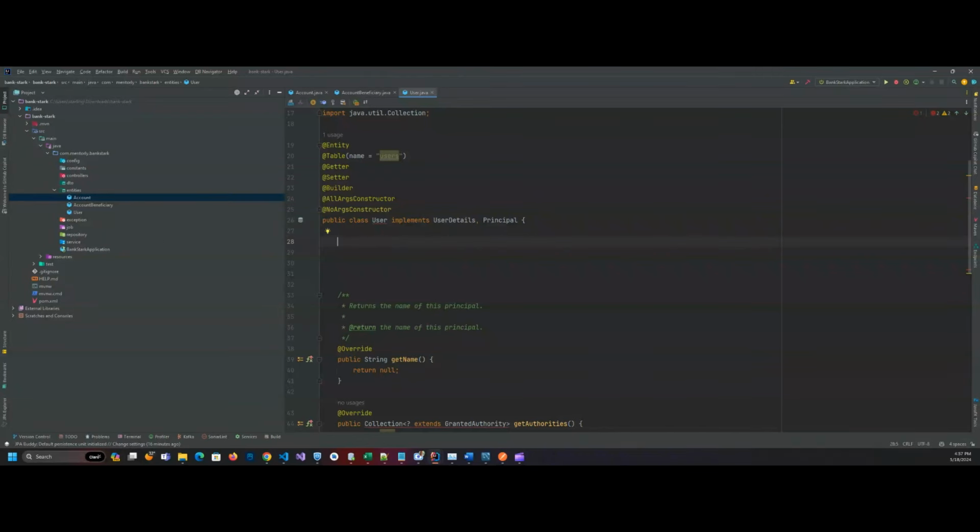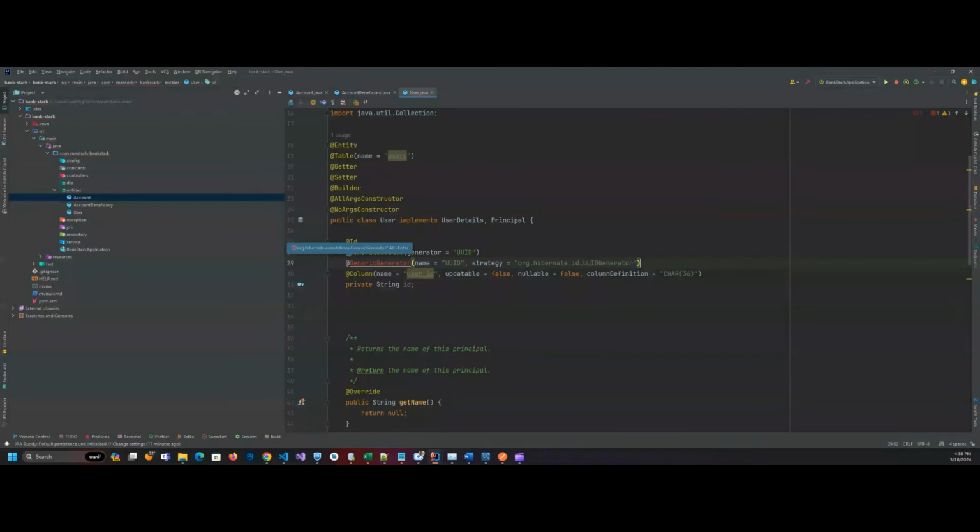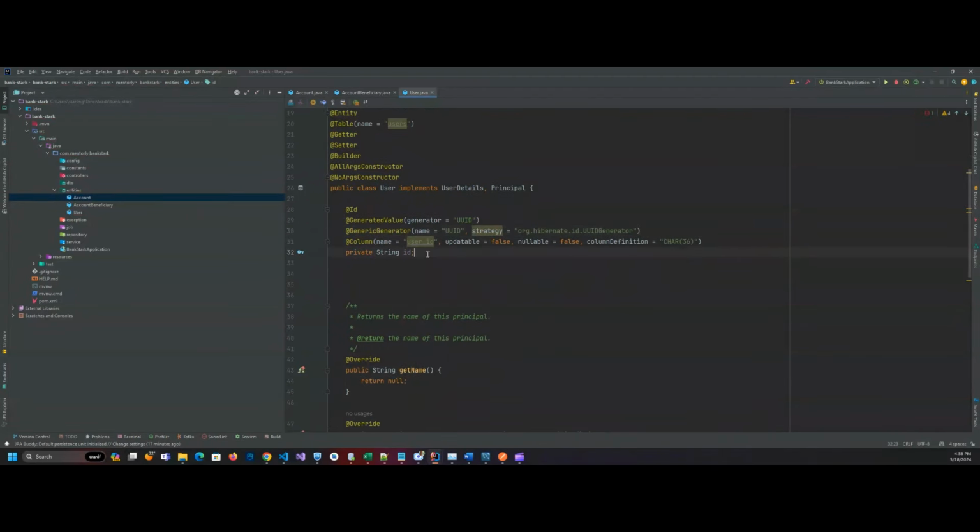But let me give you some space here and add the ID. Okay, here we need an ID, of course a String, with the column name, user ID, sure. Let's put here the generators, generated value Jakarta, and of course the generated UUID. Okay, then we need other important parameters here, like String last name, or DNA number, of course passport number, the email, password,